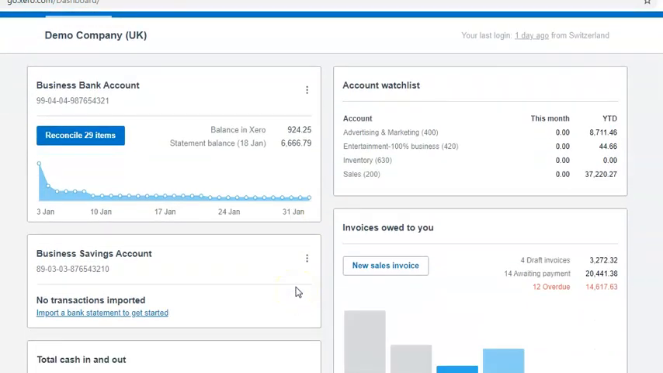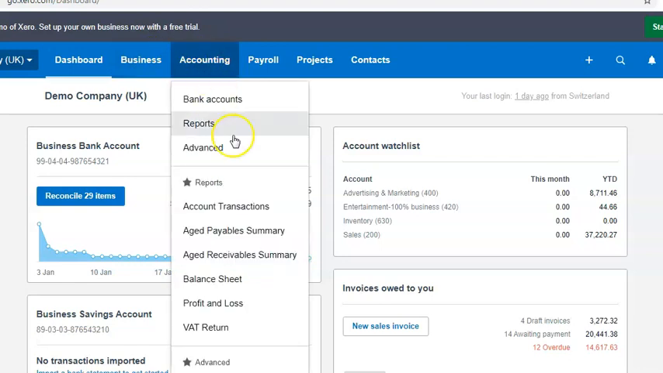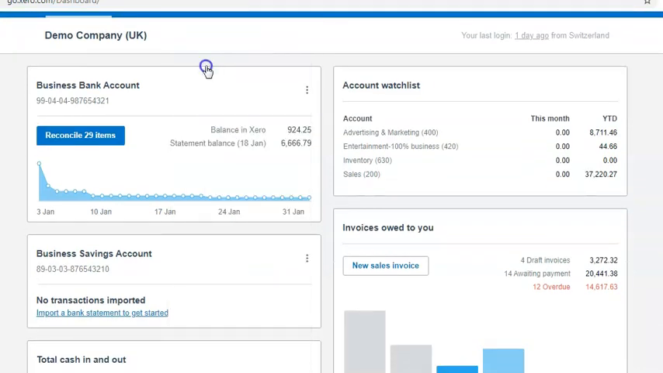So Xero is real-time software, so as I said, you can run a report and it will show you, as of that date, immediately what your position of the business is. Xero has a large number of reports available. I can show you, for example, here,